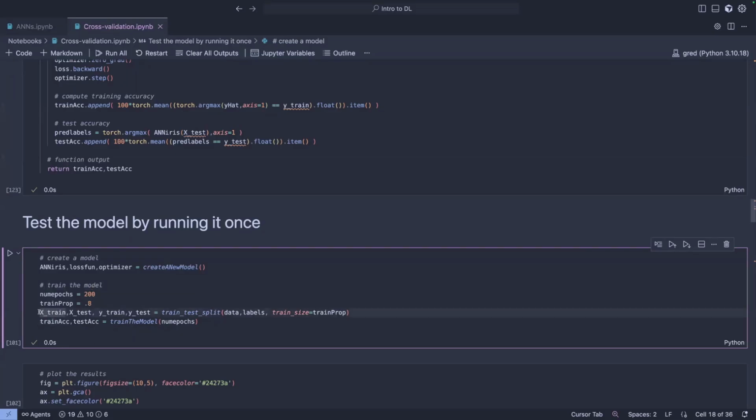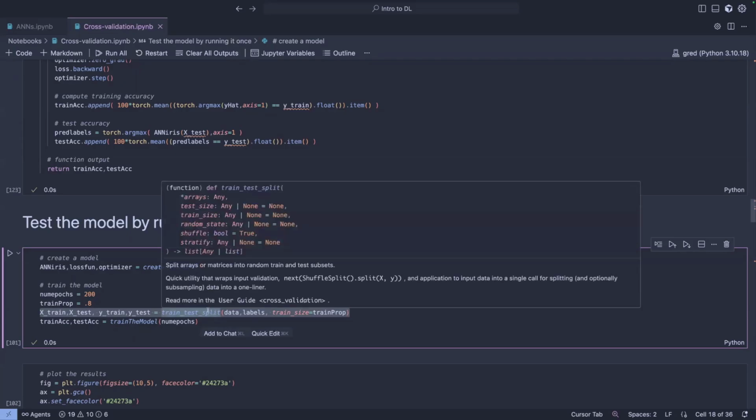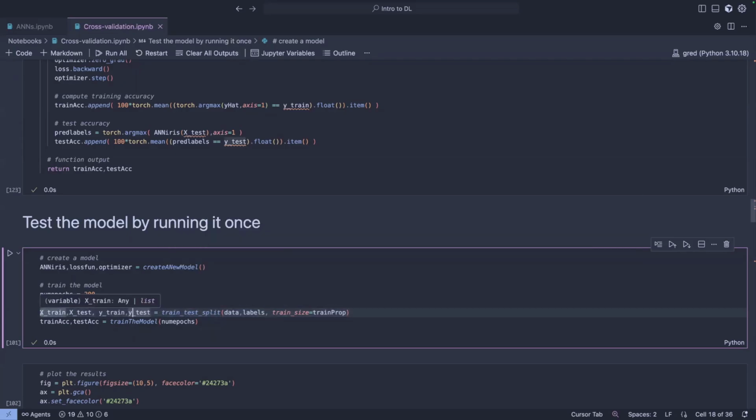Now, this is the new bit that you haven't seen before. So remember all the code that we've written in NumPy to split the data into train and test and whatnot. Now this is all summarized in this train test split function. So what you're basically doing here is this function is taking two first arguments.